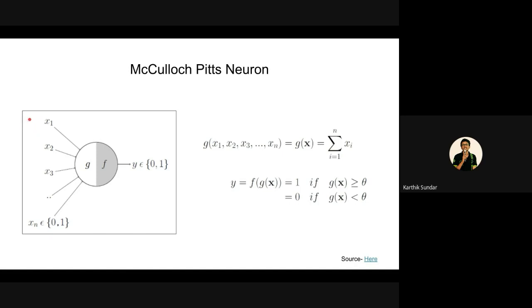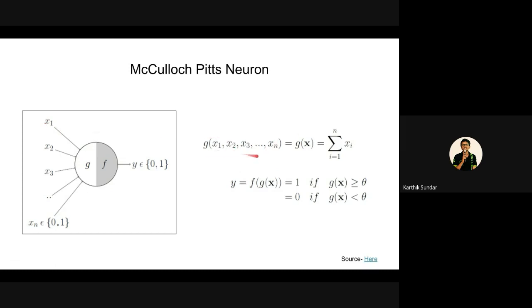Which means we have to modify the inputs, whether the ratings in Swiggy are high or low. High is 1, low is 0, and likewise whether the ratings in Zomato are high or not. All the inputs are going to be binary, and g is going to aggregate all the binary inputs and generate an output. This is the mathematical equation of what happens. So f of g of x takes in all the input. Let's see what g of x does. The g of x aggregates all the inputs.